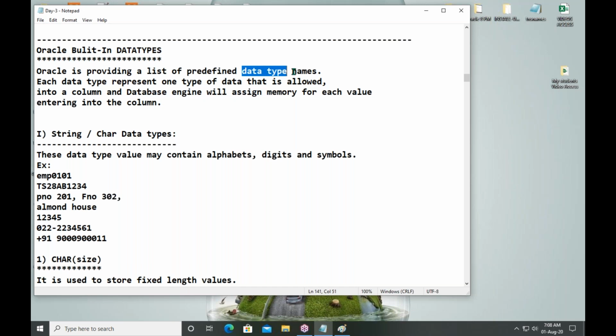Each data type name represents one type of data that is permitted into a column.